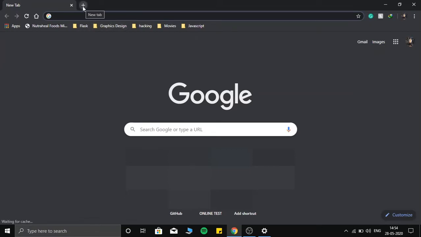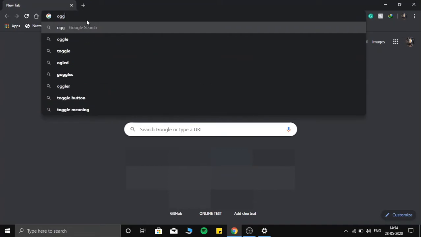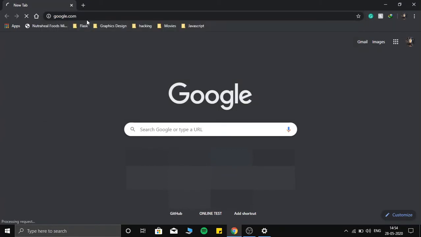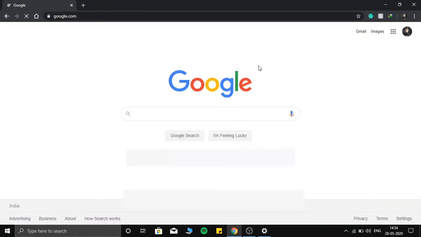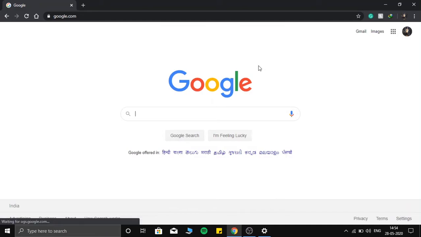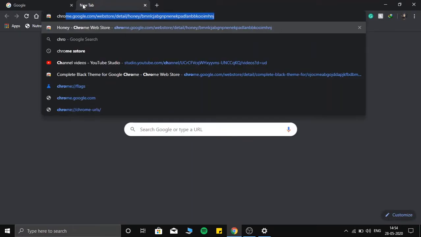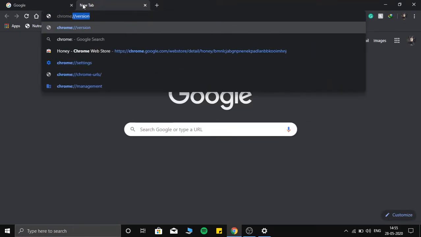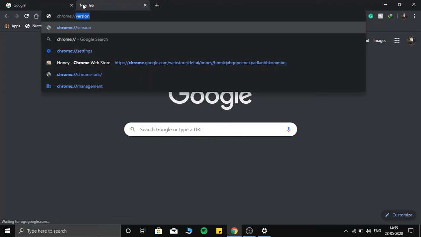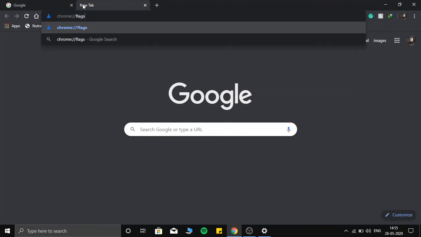Now the second step. Let me search something. Let's just search for google.com, and as you can see, the dark mode is applied only to the default page. So to apply it, you just open the search bar and type here chrome://flags and hit enter,